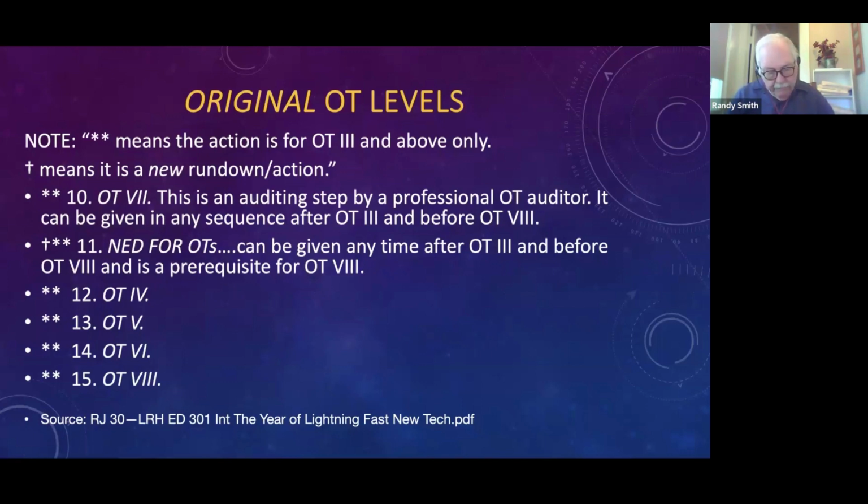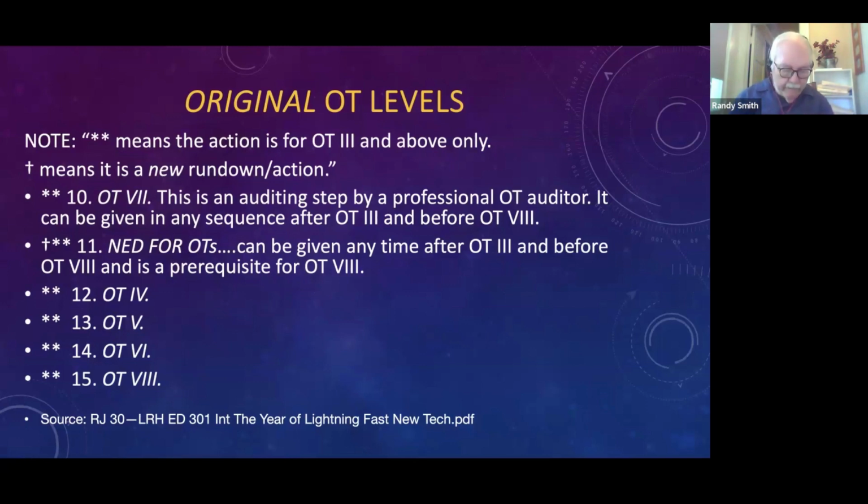So it's recommended that you do your NOTs, your NED for OTs first. In other words, you handle OT 5, 6, and 7 solo NOTs. You get that all completed, and then you can do the original OT levels, which are available in the independent field. And then you can get the full gain from those without the liability that people ran into in the